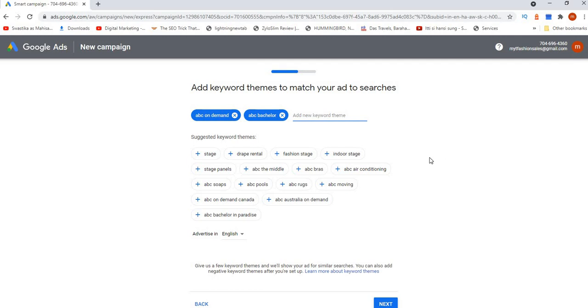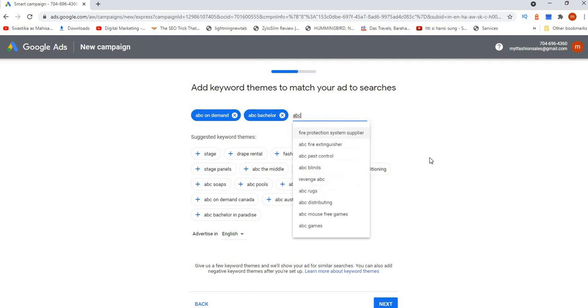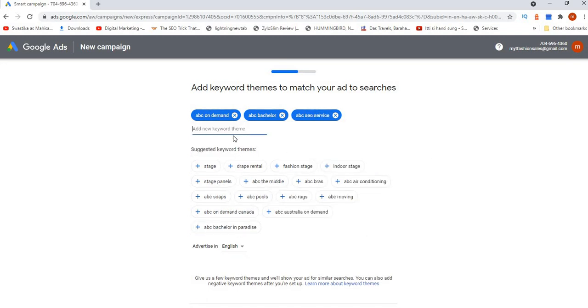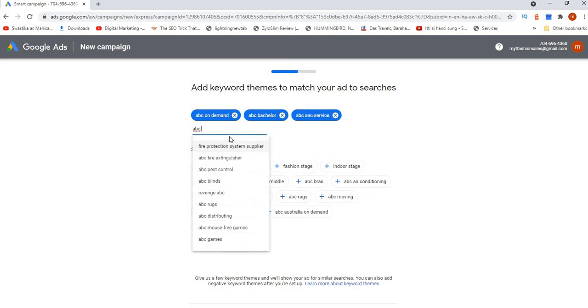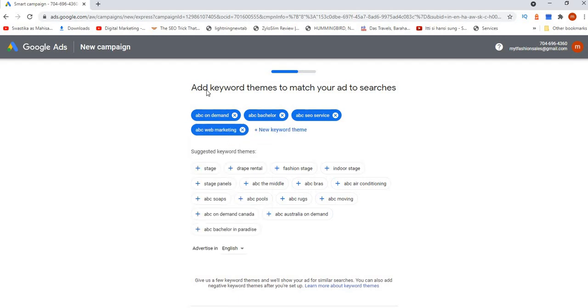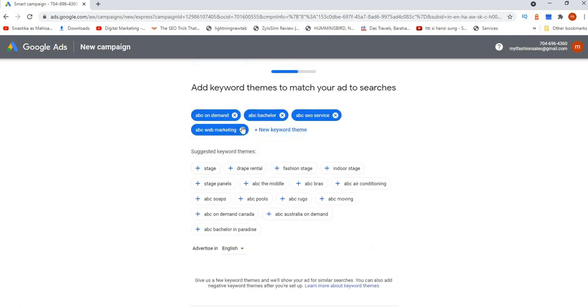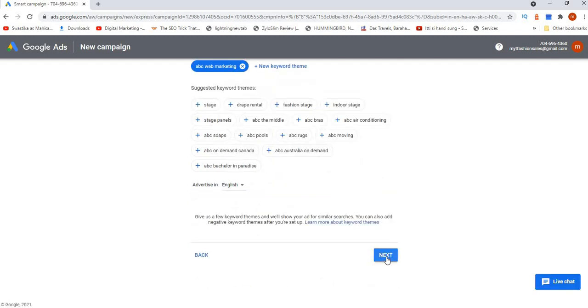You can see ABC SEO service, ABC web marketing. So in this way you have to select a keyword, that is, on which keyword your ad will appear. From here you will edit. Now click on next.